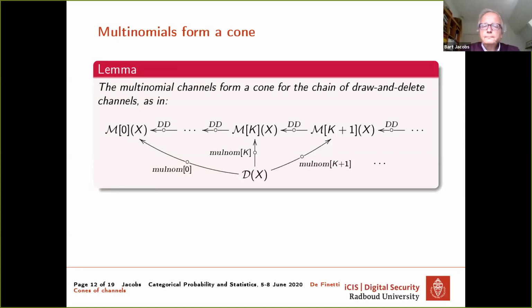I have another question. I'm curious whether these sorts of techniques might be useful for analyzing results that go under the name of finite de Finetti theorems. So if you're not in the limit, but you've got some finite sample, you can get corrections to the de Finetti form and bound how far you are from the de Finetti form. It feels like this might be a useful approach to that. Yeah, could very well be.